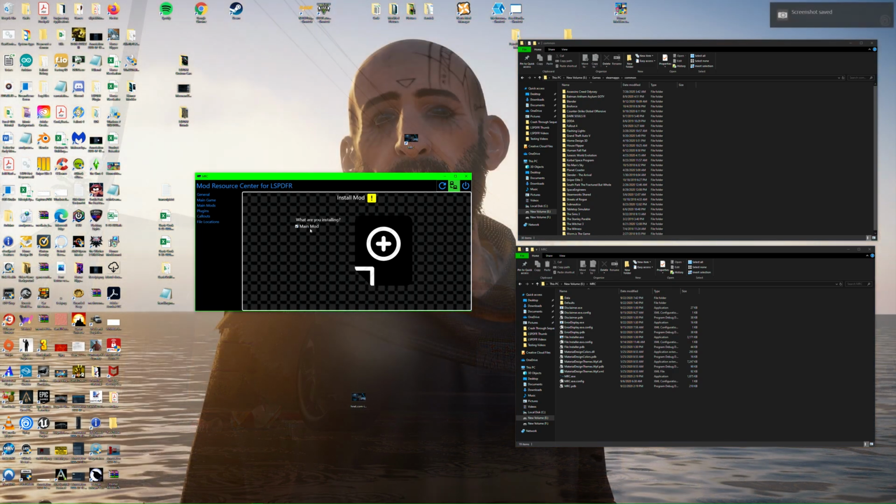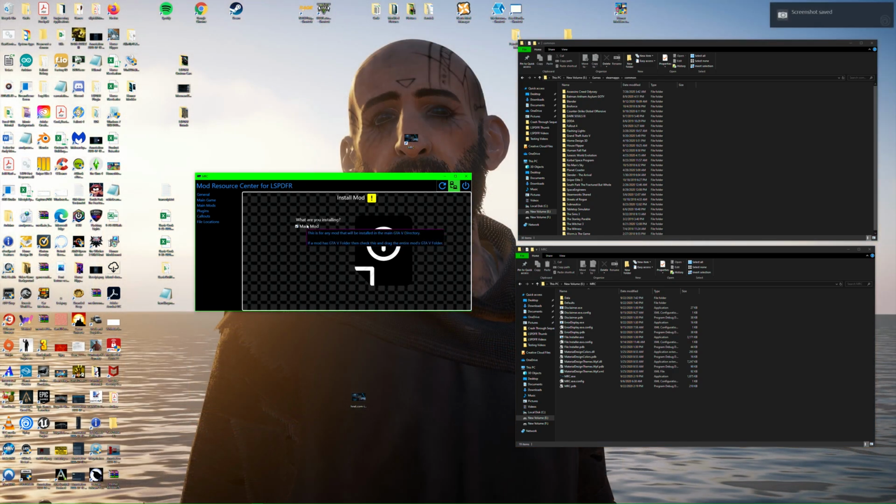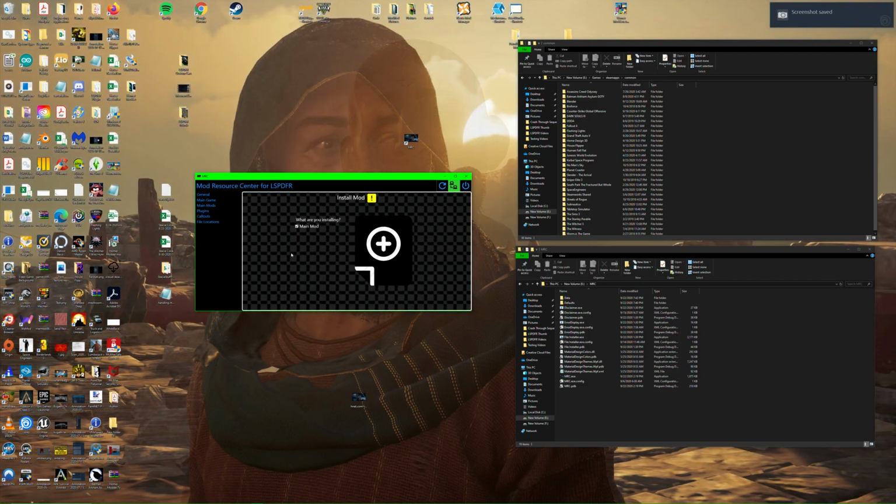You can see it's for main. I've got main mods in there. It tells you what it is. This is for any mod that will be installed to the main GTA 5 directory. If a mod has a GTA 5 folder, then check this and drag the entire GTA 5 folder into it,